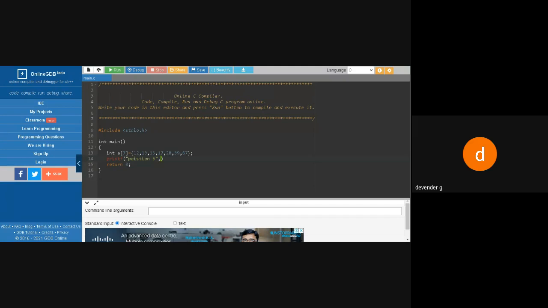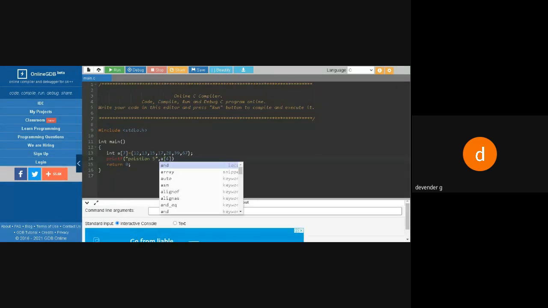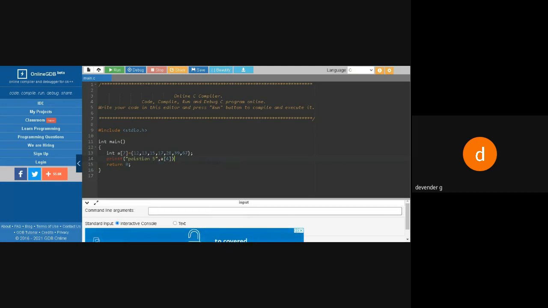When I'm saying fifth, simply subtract one. So I'll be saying a of 4. That is our fifth position. So no need to get confused. If I say fifth position or fourth position, you just subtract 1 from it. You need this as %d because it's an integer value, so I have to go with %d.